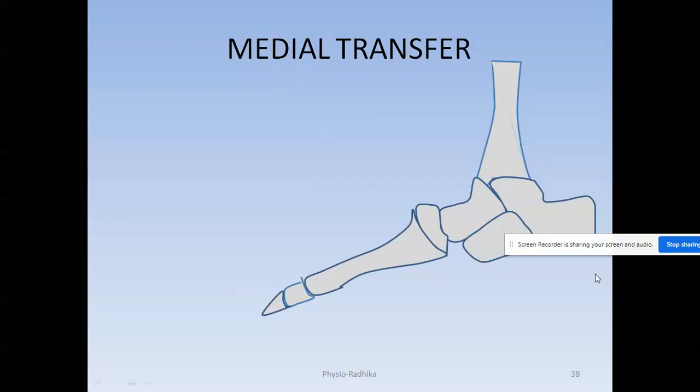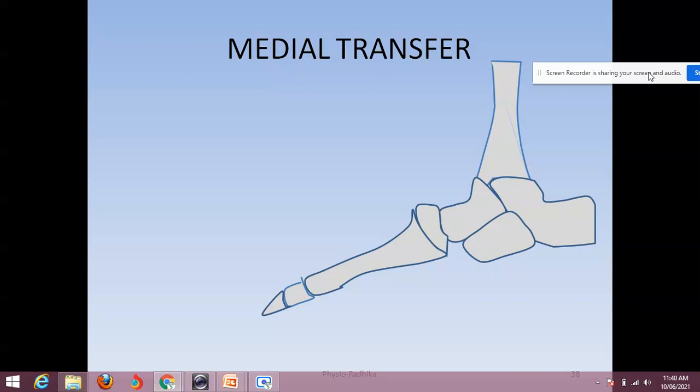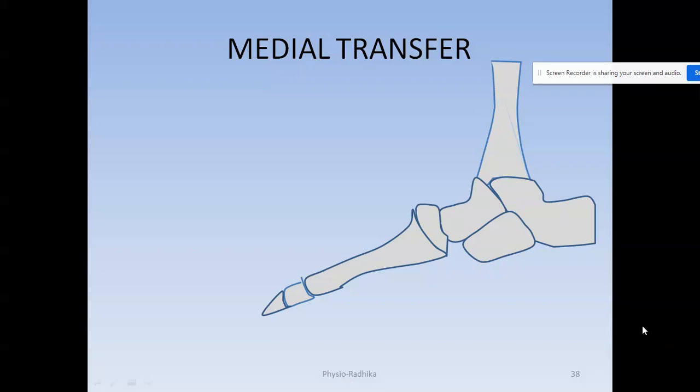In medial transfer, this is usually done when your tibialis posterior tendon is ruptured at the end of insertion, that is at the navicular bone. The tendon chosen for the tendon transfer is nothing but flexor